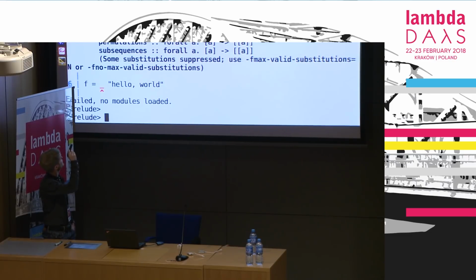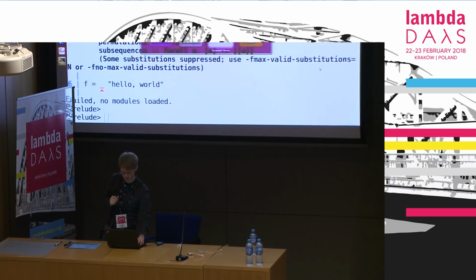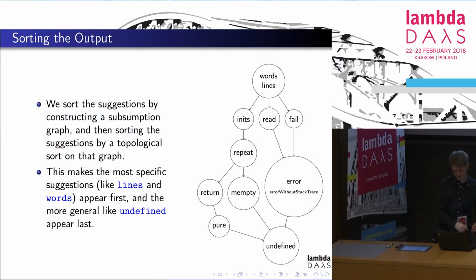So we see here that group subsumes lines and words, and init subsumes group because group has this extra equality constraint. Otherwise, it's the same type. And we can show that by this graph here. So we have words and lines at the top. They had the exact same type. Then we had these init, read, and fail instances,